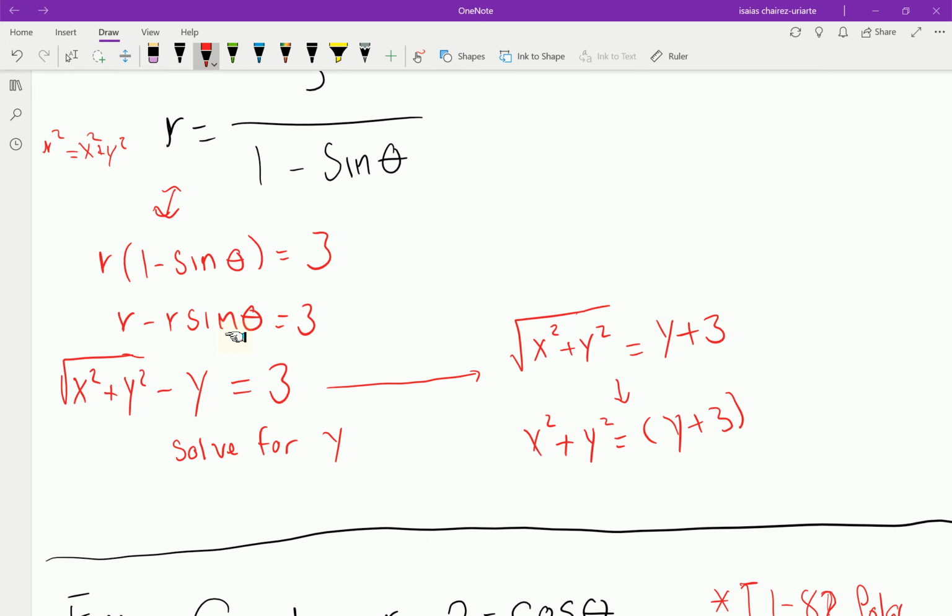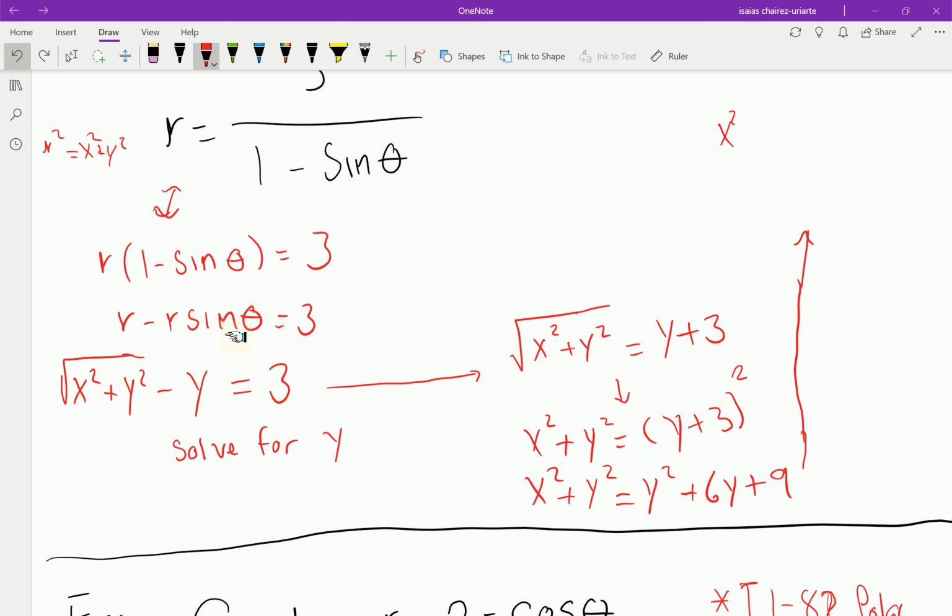Okay, so then that becomes x squared plus y squared is equal to y squared plus 6y plus 9. And then if I subtract y squared from both sides, I end up with the following: x squared is equal to